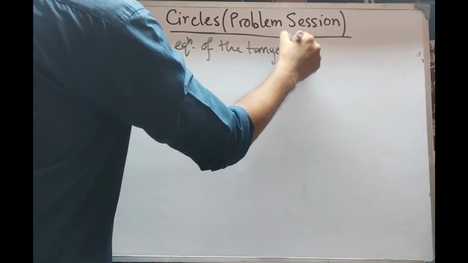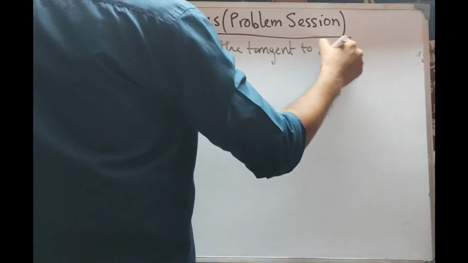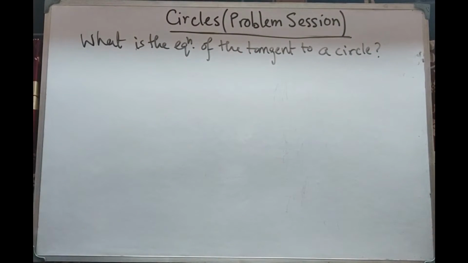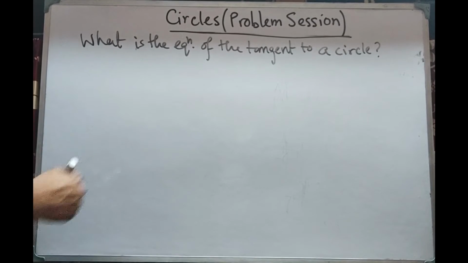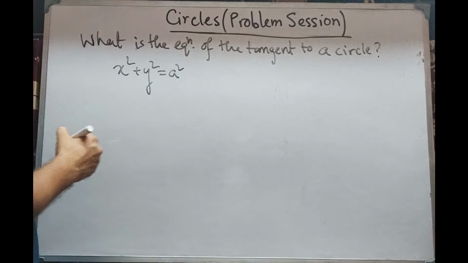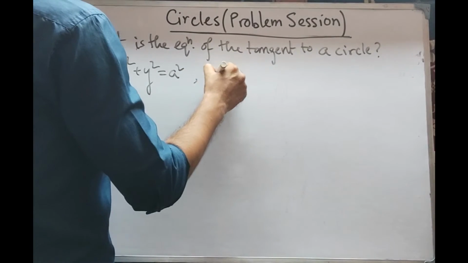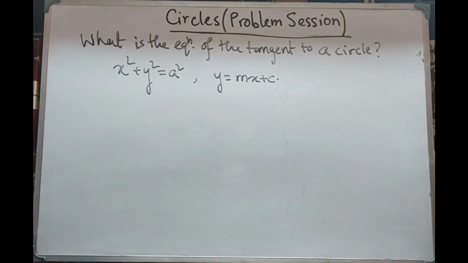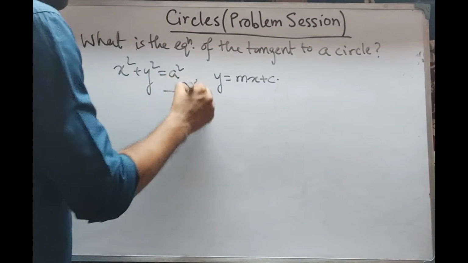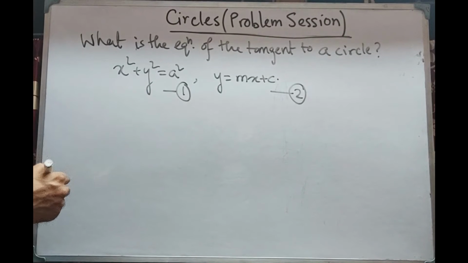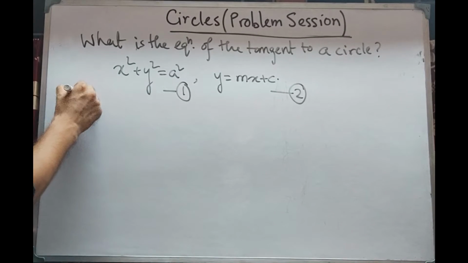to a circle? So, as we have seen already, if the equation of the circle is taken as x square plus y square is equal to a square, and the line for the intersection is taken as y is equal to mx plus c, say this is 1 and this is 2. So 2 will be a tangent to 1 if